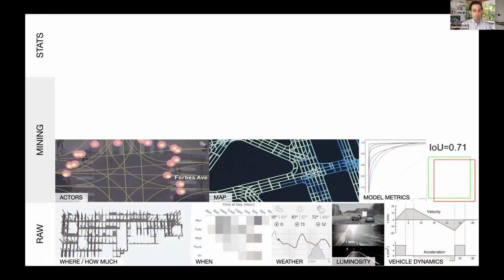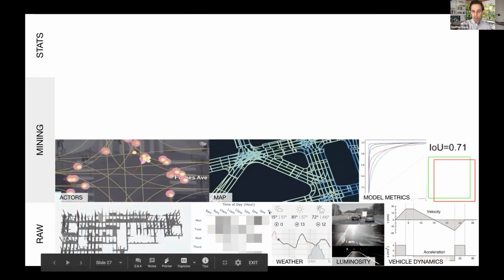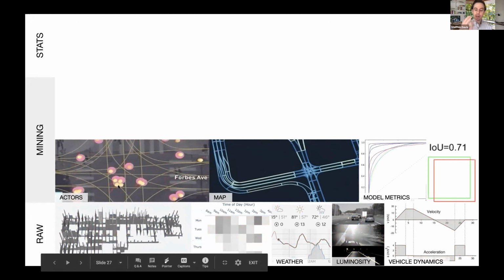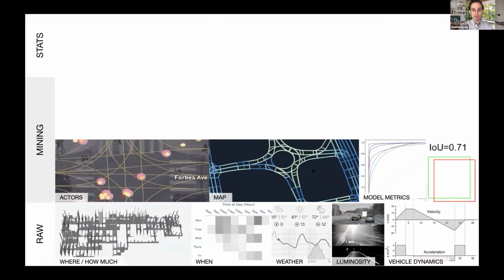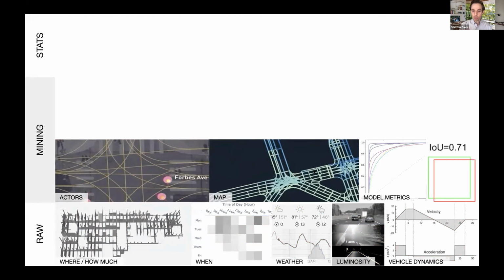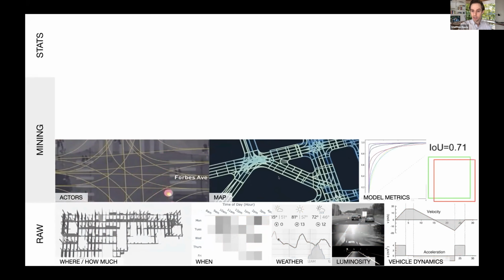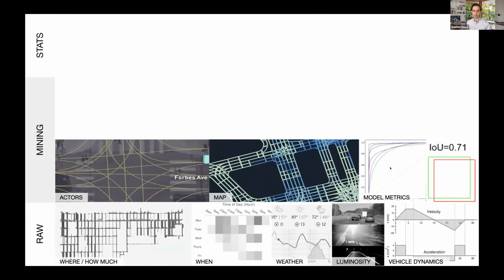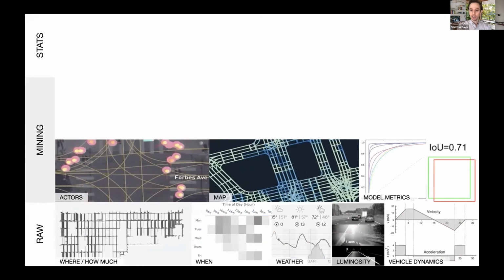Now, from the model detections themselves, so what the perception system is seeing, for example, you can then mine the actors. So you can mine the pedestrians, you can mine the vehicles and their attributes, you can mine the map itself. So the nature of the road widths and the number of intersections that you saw, and you can mine model performance metrics. So like, what were the precision and recall scores? What was the intersection over union score?